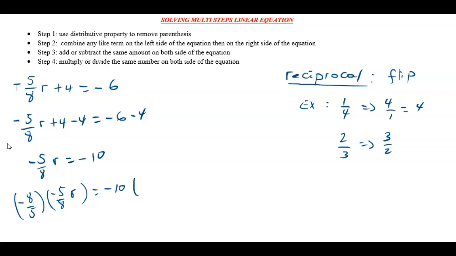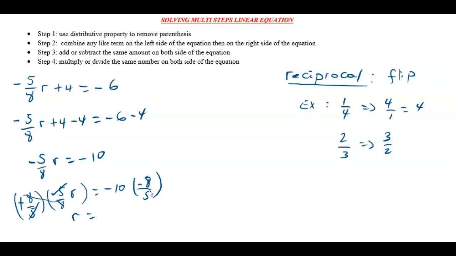Negative 10 times negative 8, excuse me, over 5. Now, over here, so all is going to cancel each other out. So negative 5 is going to cancel the negative and the 5 out, and the 8 is going to cancel the 8 out. So all you're going to have left is r equal, now on this side right here,